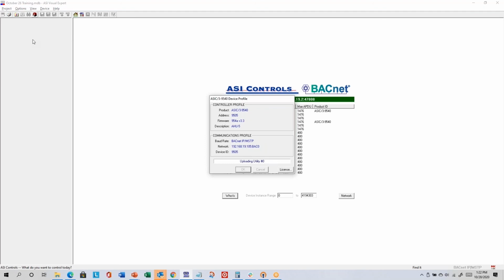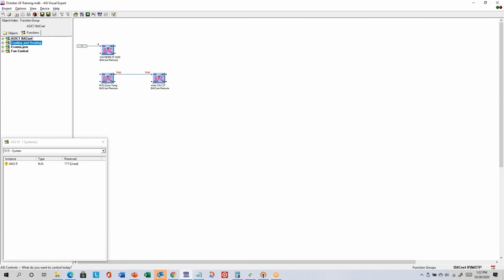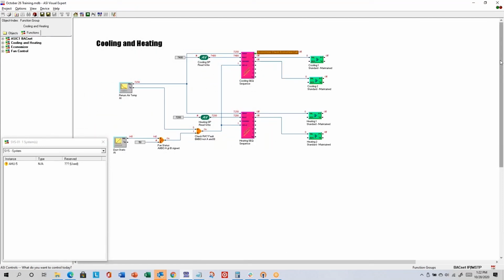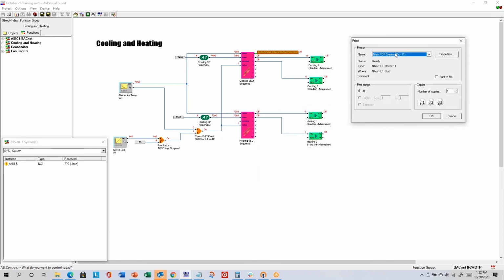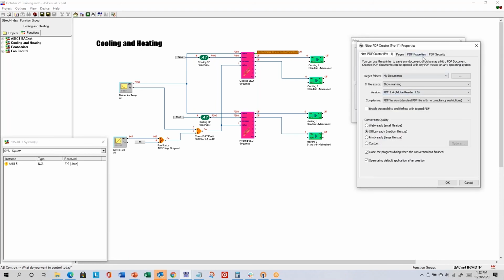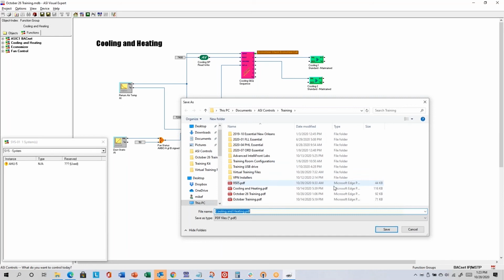I mentioned that when you're talking to your controller and you're in the Functions tab, when you're doing your programming, there are horizontal and vertical scroll bars. So one of your options is to print these screens out. If I'm looking at this cooling and heating group and I click the print icon, printing a function group does actually let you choose the printer. Most of the time when you choose the print icon, it automatically goes to the default printer within Windows. But in this case, I'm going to go to this PDF printer driver. I'm going to make sure I'm in landscape mode by going to Properties, Pages, Landscape. And now if I click OK, since it was 1 page,